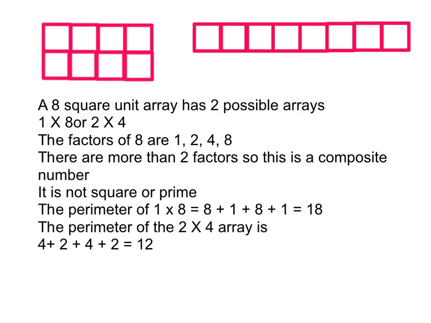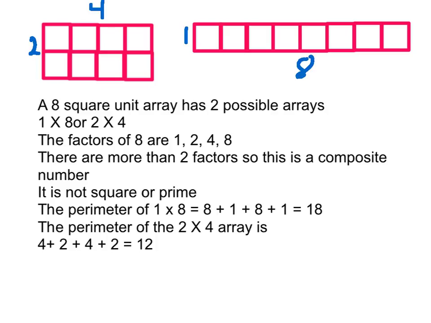This 8 square unit array has 2 possible arrays. You'll notice that there are 8 squares in each one. So it's a 1 by 8 array, or it can be a 2 by 4 array. Its factors, therefore, would be 1, 8, 2, and 4. This is a composite number. It has an even number of